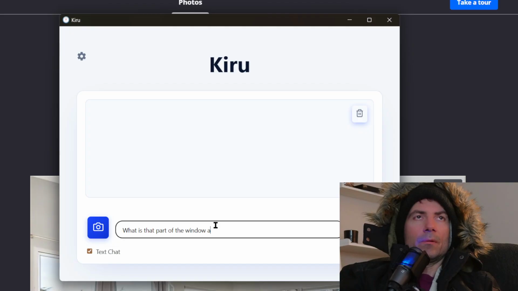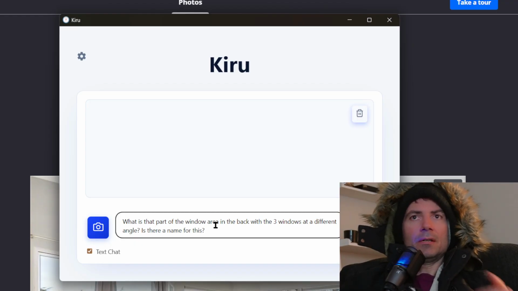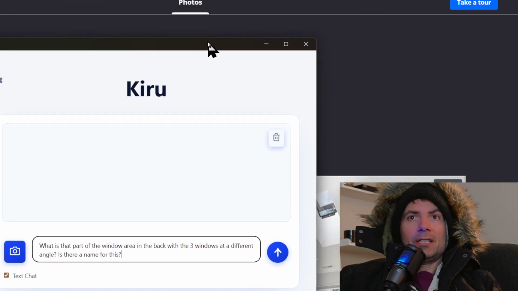Window area in the back with the 3 windows at a different angle. Is there a name for this? And then when we hit send,